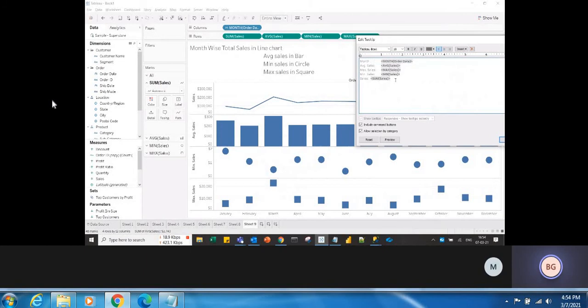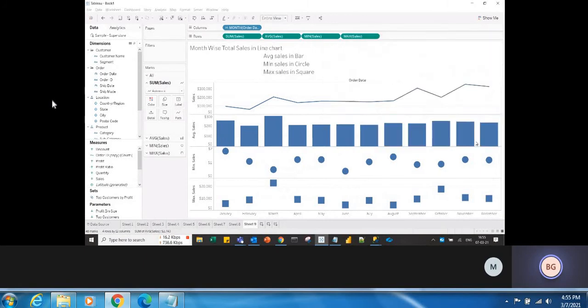Okay, so month. And what is this marks card? Sum of sales, right? So I don't want all of this, so just remove it. Now you see the preview, it is showing month and sales, but for month there is so much gap, so you can remove it. Just look at the preview, month and sales it is showing properly, so click on OK. Now if you see, it is showing only the sales value. Here it is not showing anything.